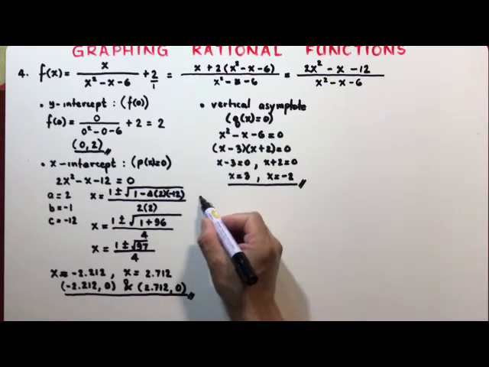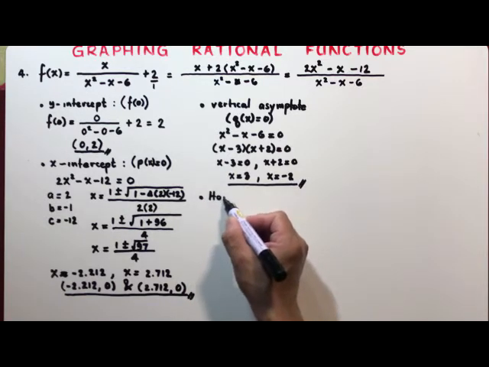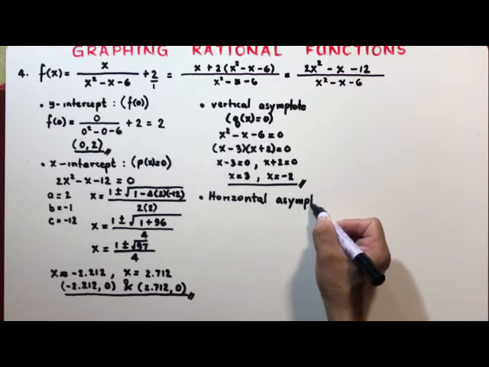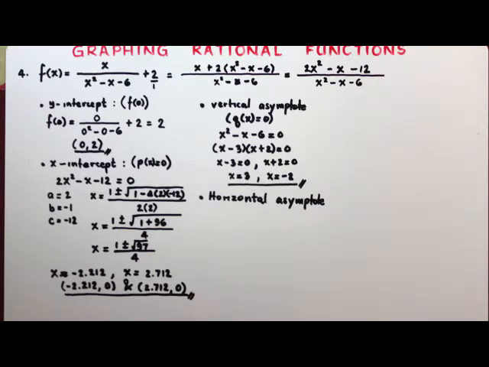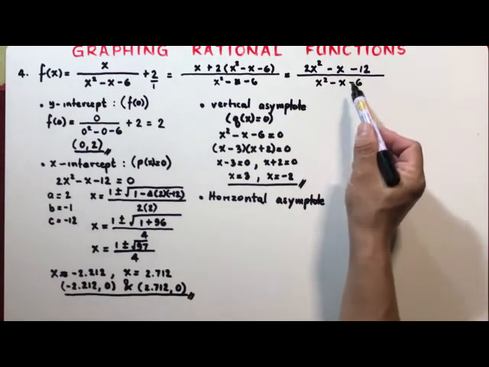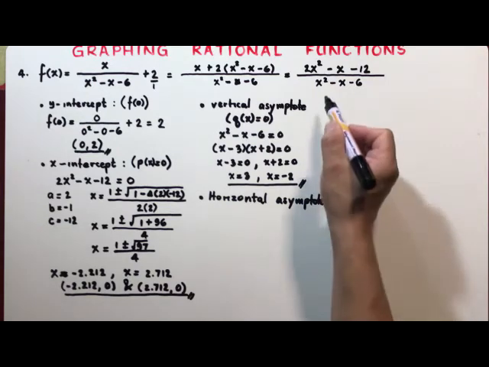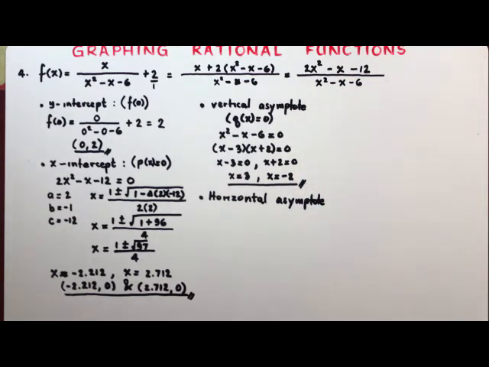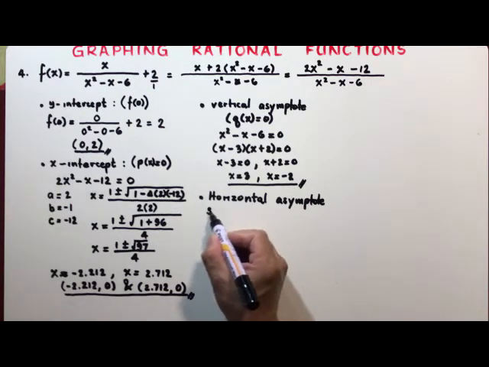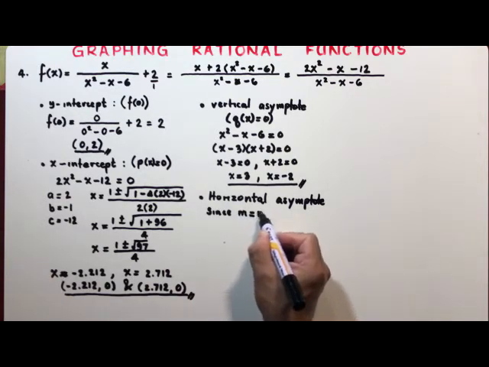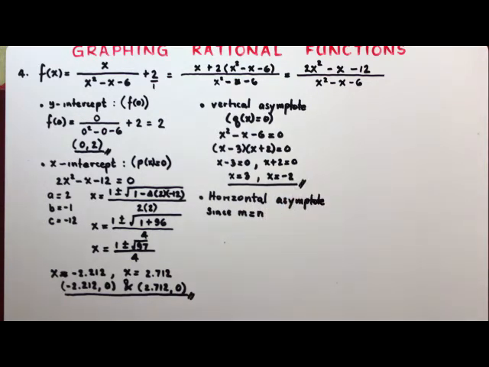Now at this time, let's find also the horizontal asymptote. How do you find the horizontal asymptote here? You just compare the degree of the numerator and the degree of the denominator. Since the degree of the numerator is 2 and the degree of the denominator is 2, the degrees are equal. So we say here, since m is equal to n, where m is the degree of the numerator and n is the degree of the denominator, then